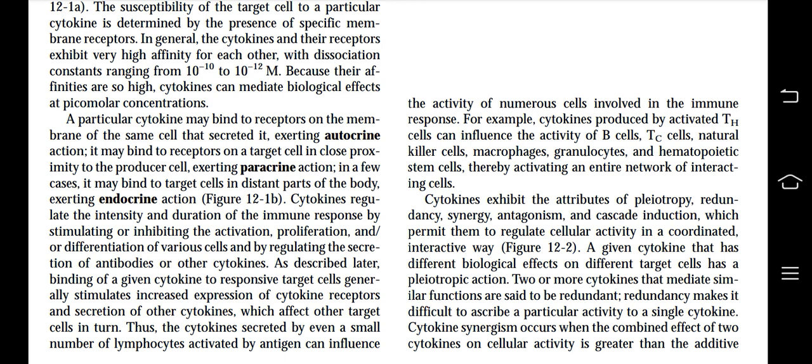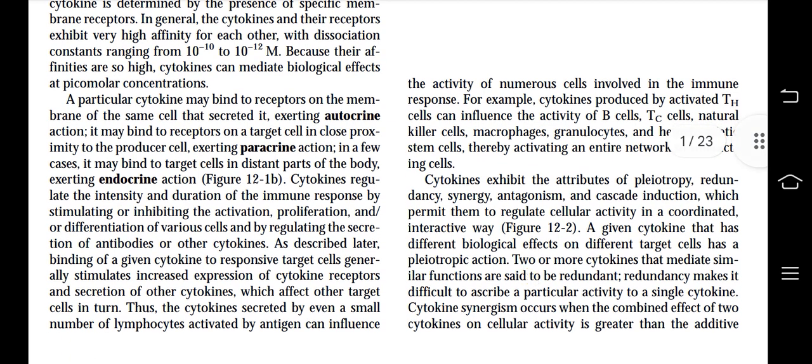As described later, binding of a given cytokine to responsive target cells generally stimulates increased expression of cytokine receptors and secretion of other cytokines, which affect other target cells in turn. Thus, the cytokine secreted by even a small number of lymphocytes activated by antigens can influence the activity of numerous cells involved in the immune response. For example, cytokines produced by activated Th cells can influence the activity of B cells,